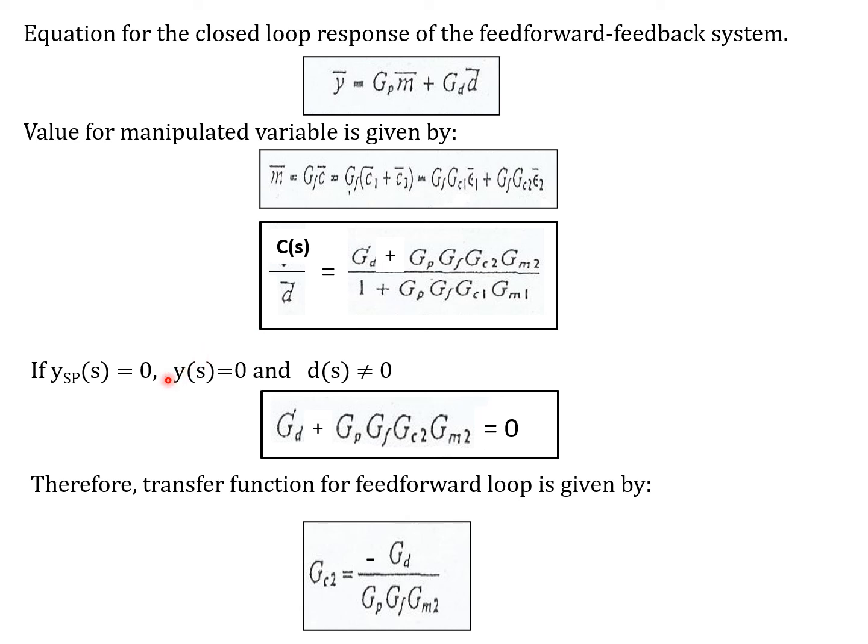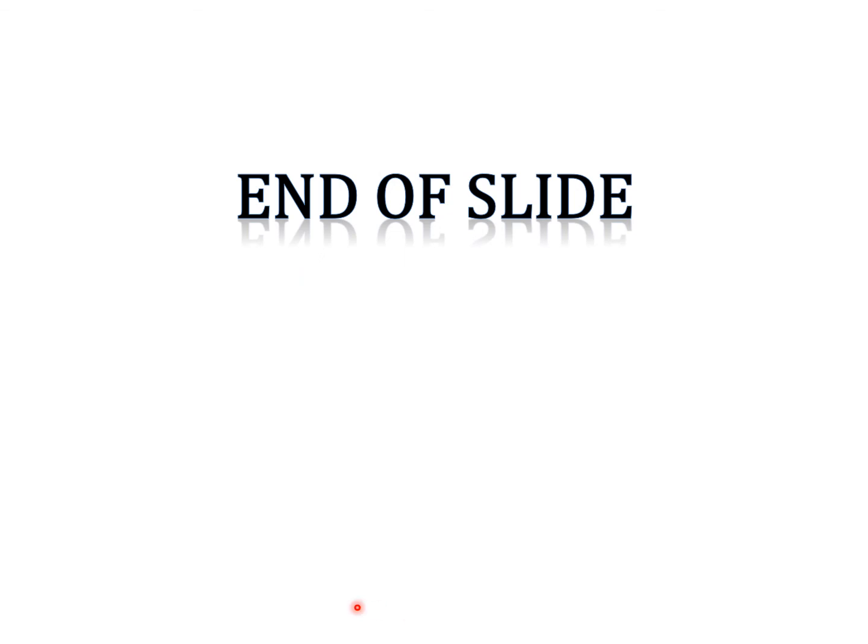If the set point is 0, which means no set point change, and the disturbance is there, then this one has to be 0, to fulfill the no disturbance case. So therefore the transfer function is given by this, very similar to the previous ones. There's a negative there: gd over gp gf and gm2. And that's all for the